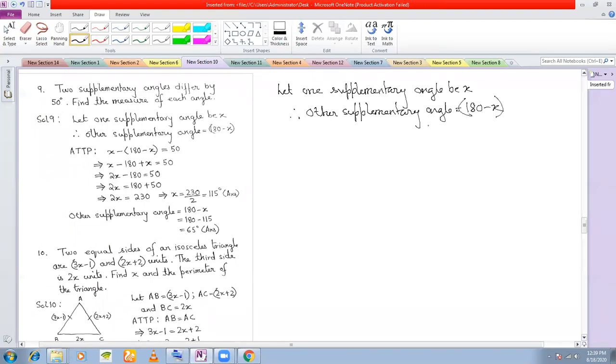Okay. Now these two angles, this angle x, this x, and this 180 minus x, the difference between these two angles is 50 degree. So that means, according to this problem,